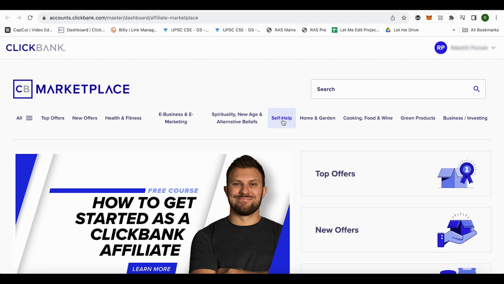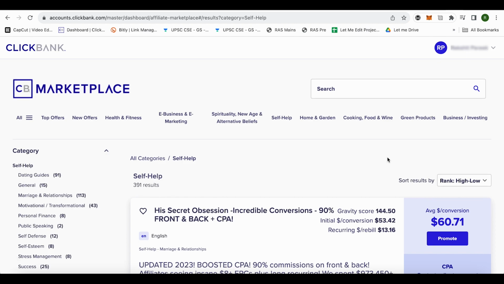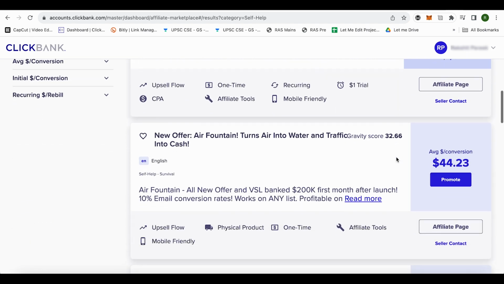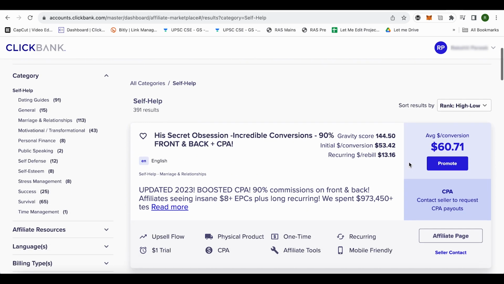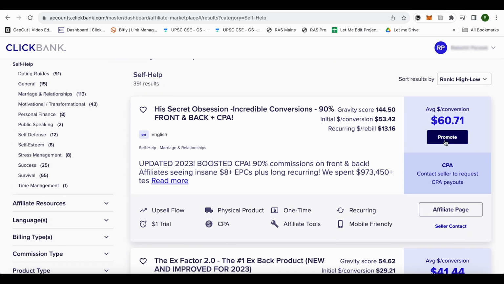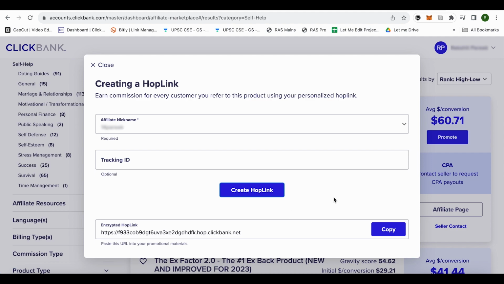Suppose your niche is self-help, so you simply select your particular niche, and after that wait for the results to come up, and over here you will find plenty of products that you can promote on your social media. So what you have to do is click on this option of promote, and after that you have to type your nickname, affiliate nickname. You will basically get it when you create your account on Clickbank. After that, just click on this option of create hop link,